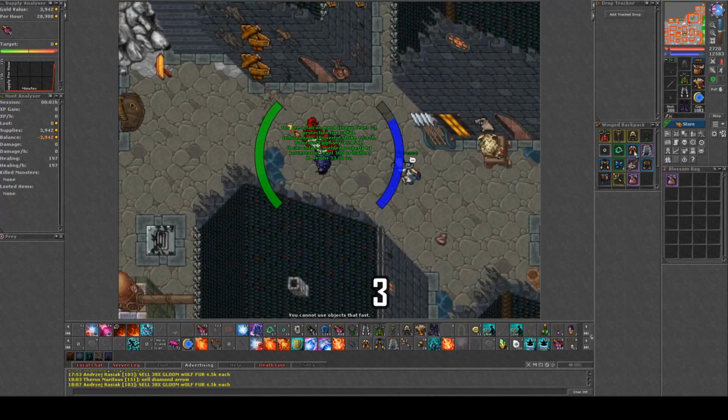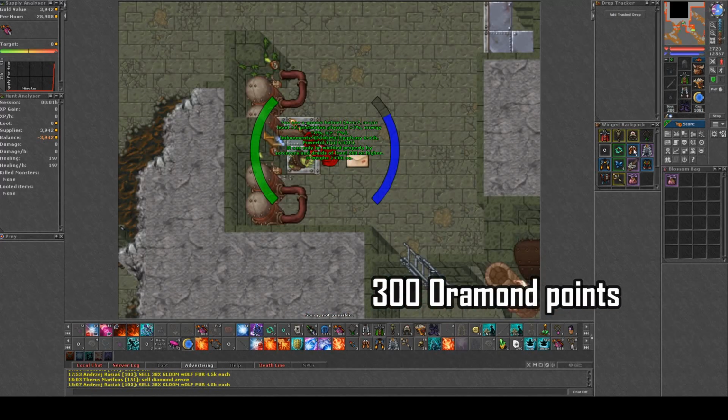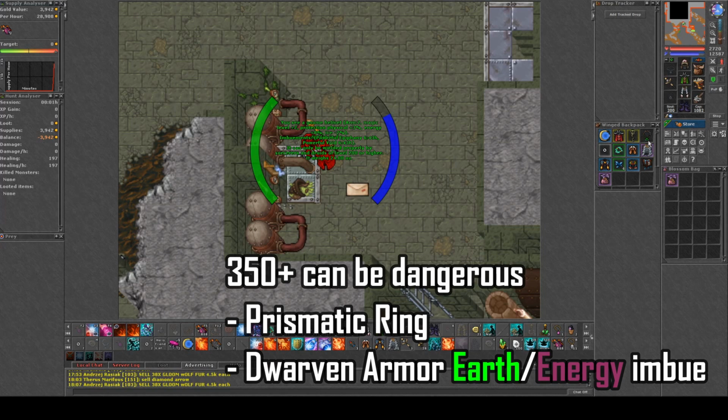Today we're gonna do the wildlife raid in Oramond. To gain access to this area you need to have 300 Oramond points, and the minimum requirement to hunt here, I will say, is around level 350 if you have the right equipment and focus a lot more on defense